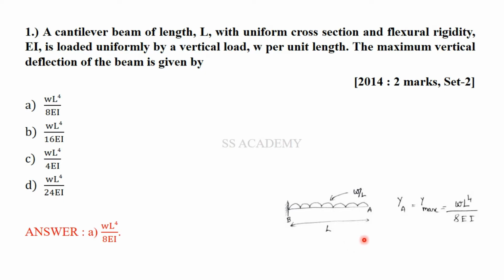Here it is simpler. They have just asked the formulae. But in other cases, you must utilize this formula to solve the particular problem. So in that case, it would be difficult to derive the formula. So you just remember the formula, which is maximum deflection is equal to W L power 4 by 8 EI, while the maximum slope, that is theta max, is equal to W L cube by 6 EI. These two formulae must be remembered for this condition.